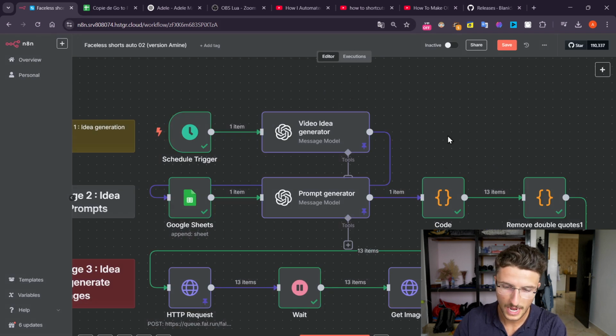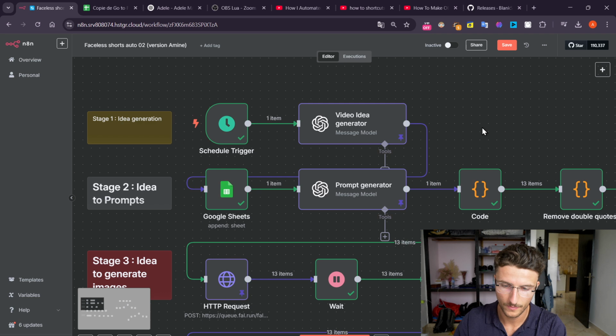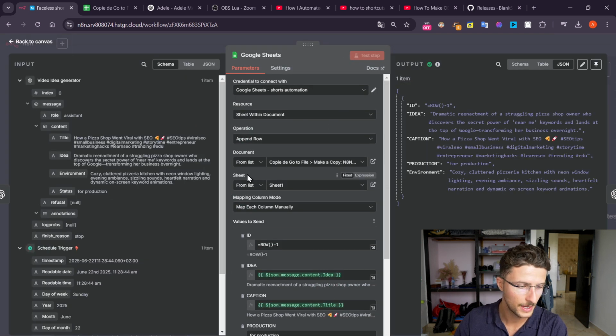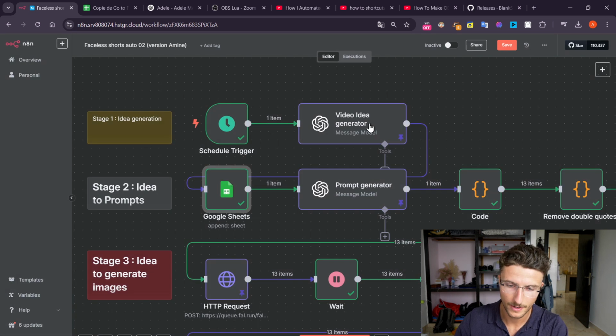So now we have our video idea generator. We're going to stage 2, which is Google Sheets. So you will be creating, oh, by the way,